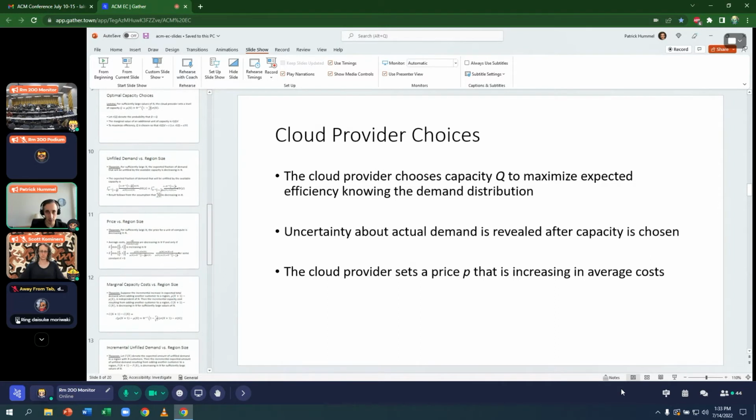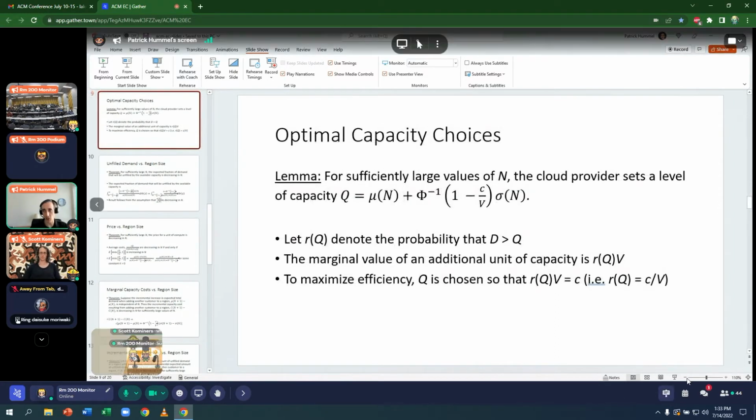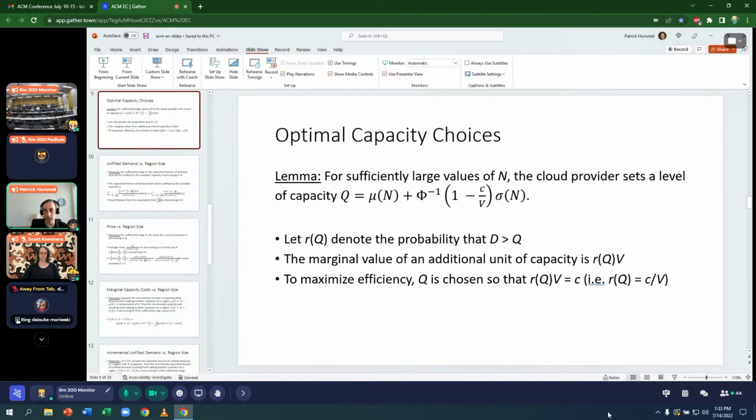Okay, and so this is the model that we use. And I now want to get into the results that we present. So our first result is a preliminary lemma, which illustrates that the cloud provider will choose capacity in such a